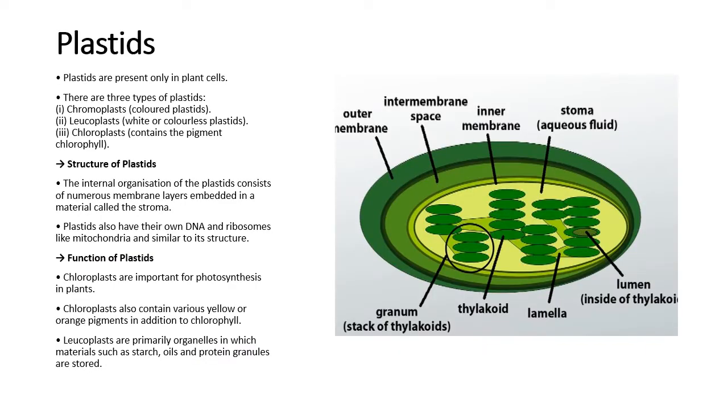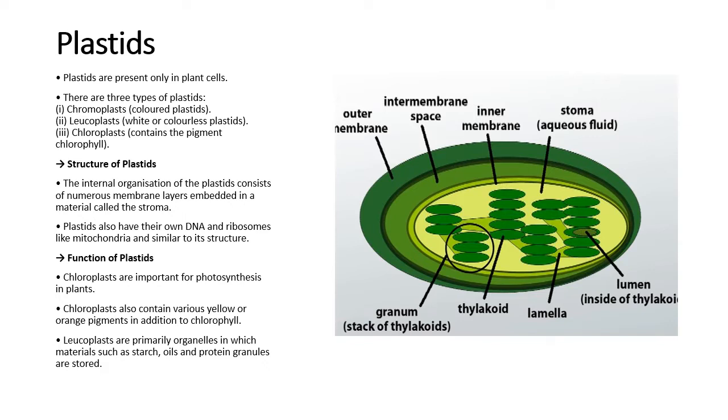We'll see about plastids now. Plastids are a group of organelles found in all types of plants and algae. The different types of plastids contribute to plant metabolism, thus promoting plant growth and development. One of the main characteristics of these organelles is the fact that they have a double membrane. You can see very well in the diagram, outer membrane and inner membrane, and in between these two membranes the intermembrane space is there.